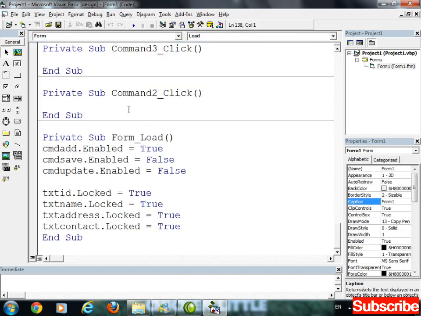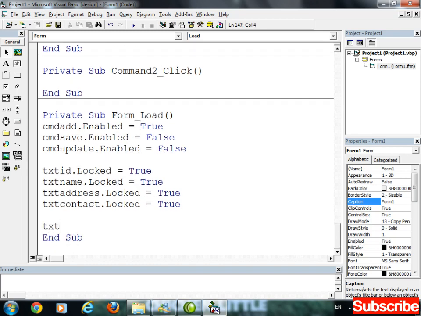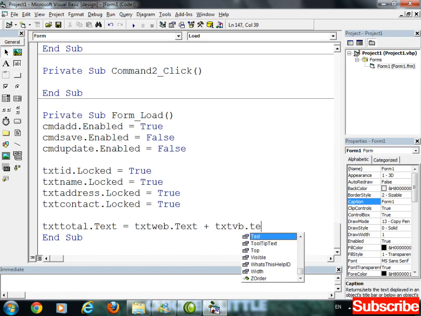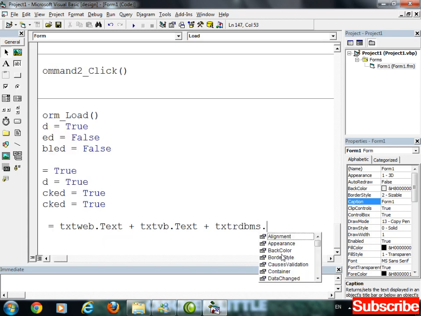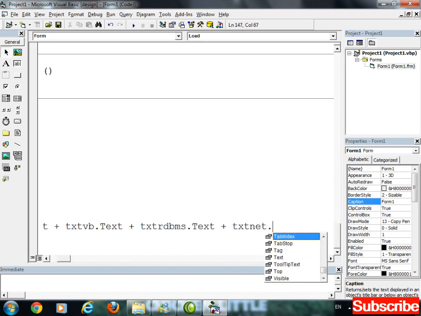So double click on the form, and here you have to assign the value: txt total dot text equals the text of web designing, text of VB, RDBMS and network. txt web dot text plus txt VB dot text plus txt rdbms dot text plus txt net dot text.